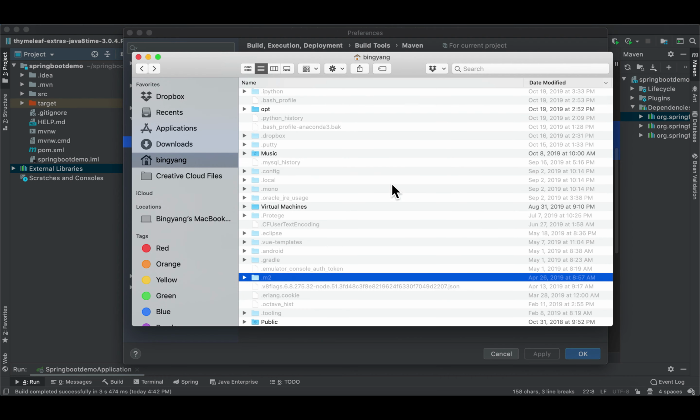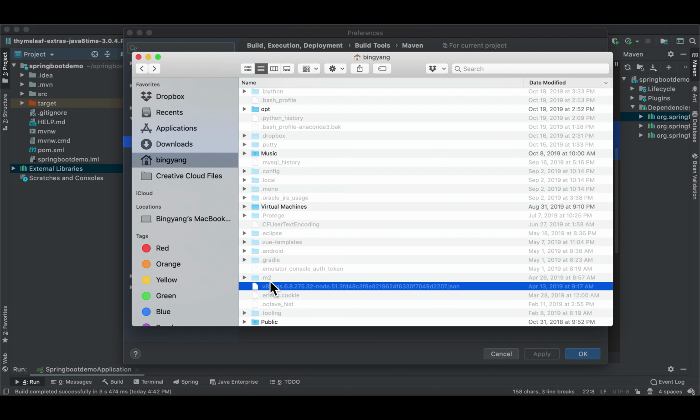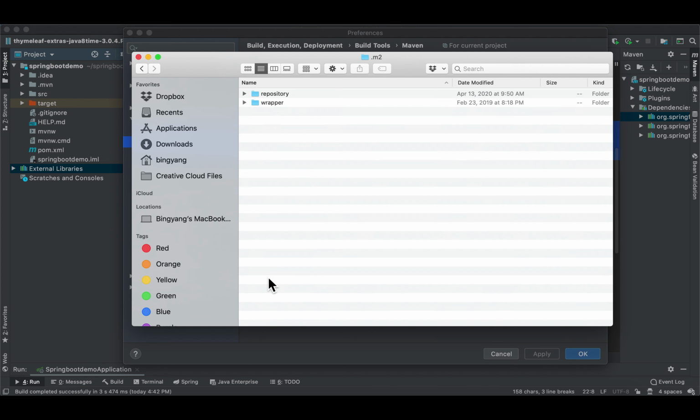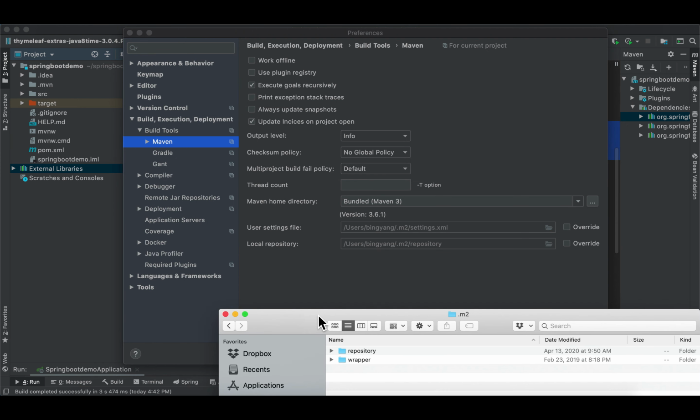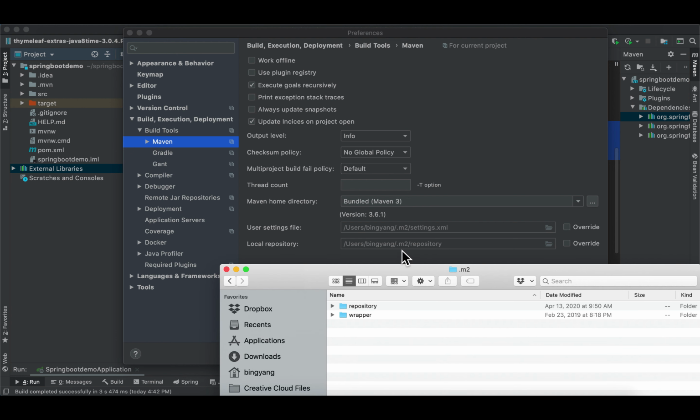Now I'm under users/bingyang and I have made all the hidden files visible. You can see there is a .m2. This is a hidden directory. Double click. So there's a repository. Let me put them side by side so you can see it. So it's under .m2/repository. If I double click,